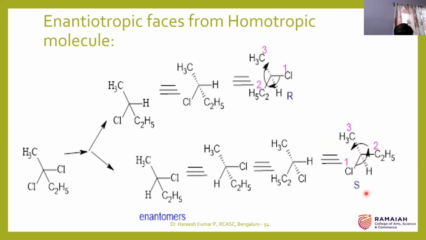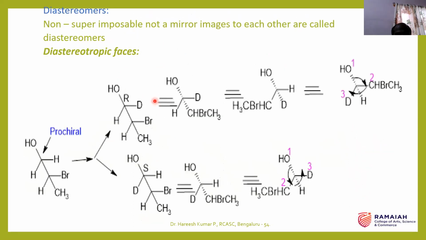So if there is a question like explain enantiotropic phases with an example, you have to write this. Okay, so then I will go to the next step. The next step is about diastereomers, I think you are aware of them. Diastereomers are non-superimposable, non-mirror images of each other. And here, what you need to remember,